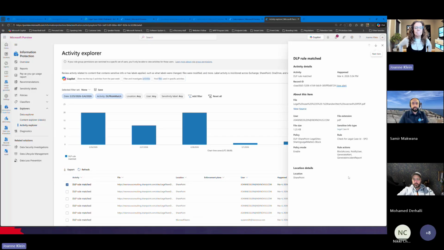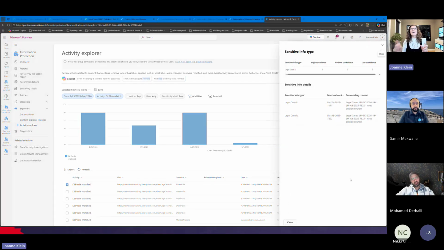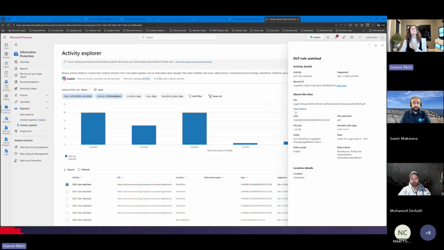This is what DLP found about this file and why that rule matched. So it did match on the legal case ID, and it even says how many occurrences of that sensitive information type it found, what in this case is the regular expression, and the surrounding text around it. So it's very contextual on what it's looking for to determine in the moment, is this a match on this DLP rule? So if I want to view the alert,